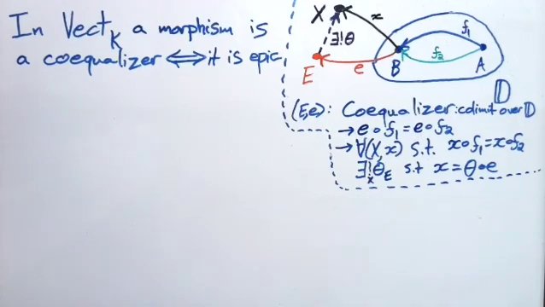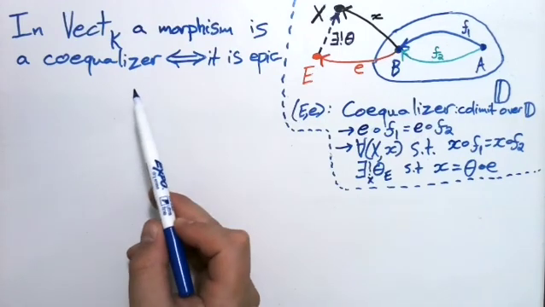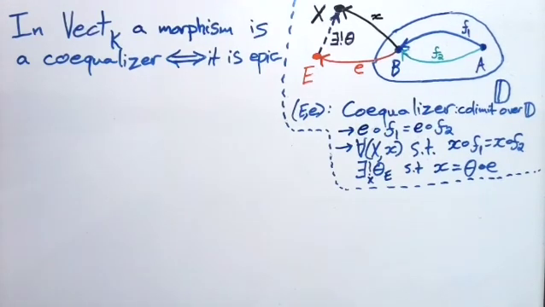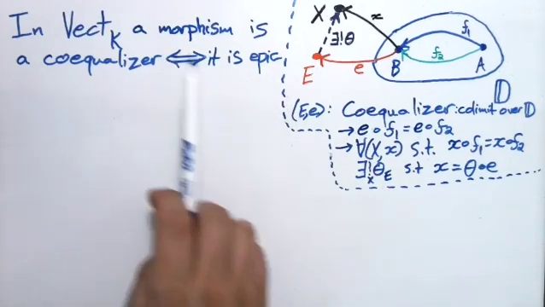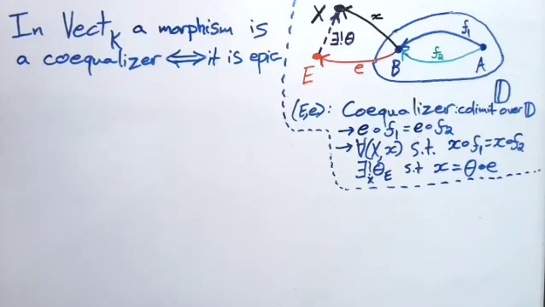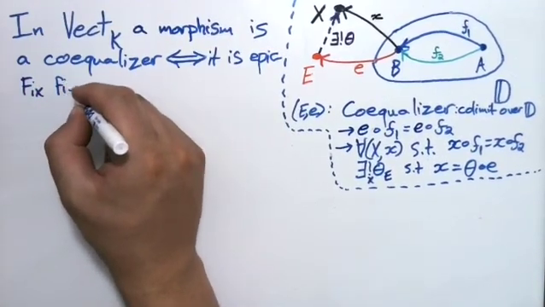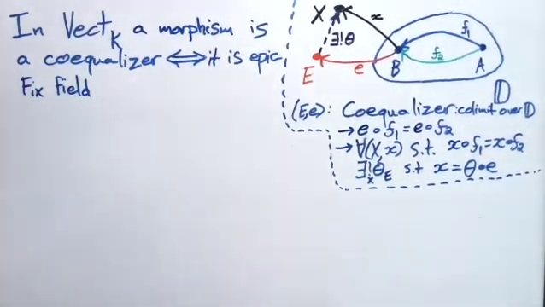So we saw already this direction, right? Any coequalizer morphism in any category has to be epic. So we just need to prove the other direction. We just need to prove that if a morphism is epic, or if it's a linear surjection, then it also needs to be a coequalizer morphism. So let's fix a field K for our category Vect K here,